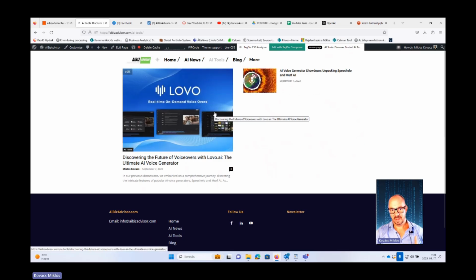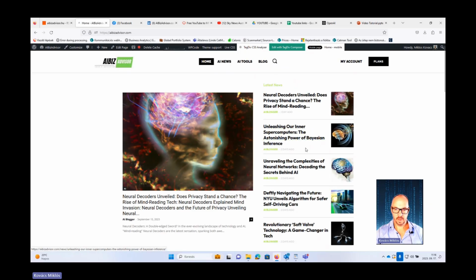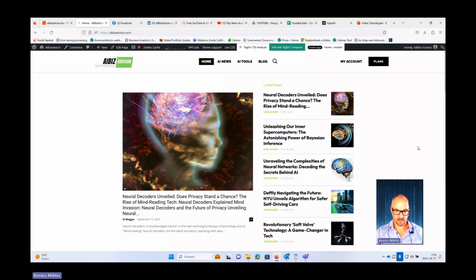Especially the articles related to AI tools are created manually. But the latest news, especially if I want to share it on a regular basis, can be automated, and actually it is automated. At least the last articles are automated.